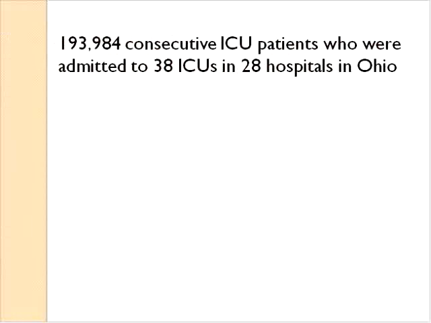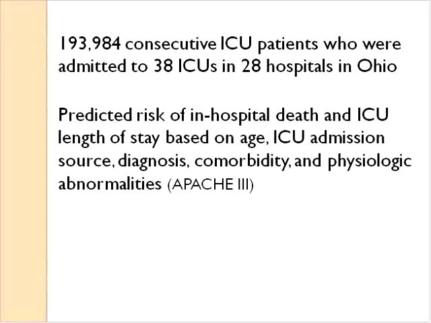First of all, they looked at a huge number of patients in the Cleveland, Ohio area, over almost 200,000 ICU patients admitted in 38 ICUs in 28 hospitals. So it's a huge data set. The predicted risk of in-hospital death and ICU length of stay based on age, ICU admission source, diagnosis, comorbidity, and physiological abnormalities were carried out. This is the APACHE III Acute Physiology and Chronic Health Evaluation scoring system. It's a proprietary product, and a number of institutions, obviously, in this area, the area of Ohio, use this